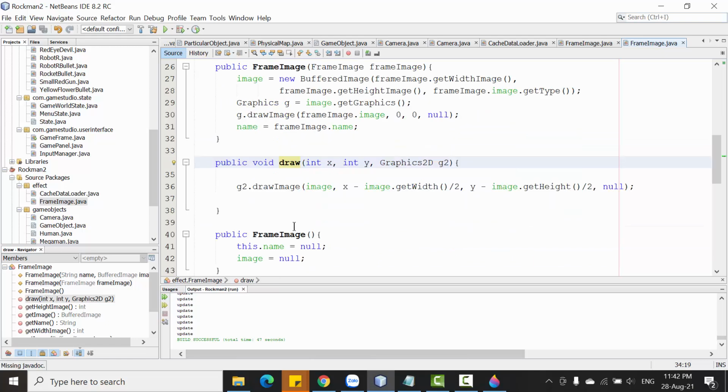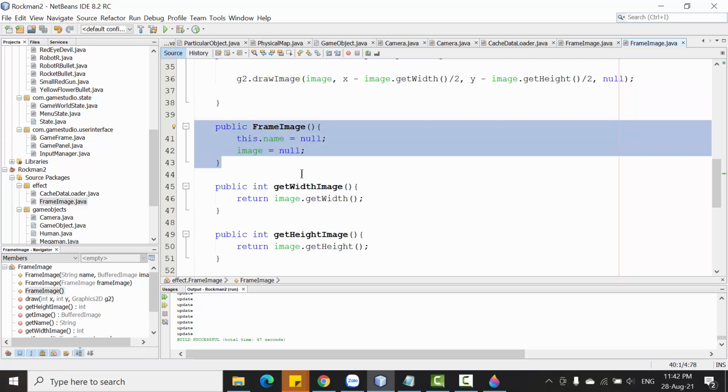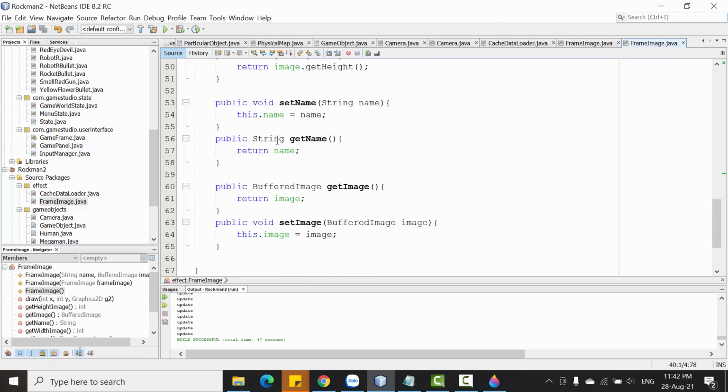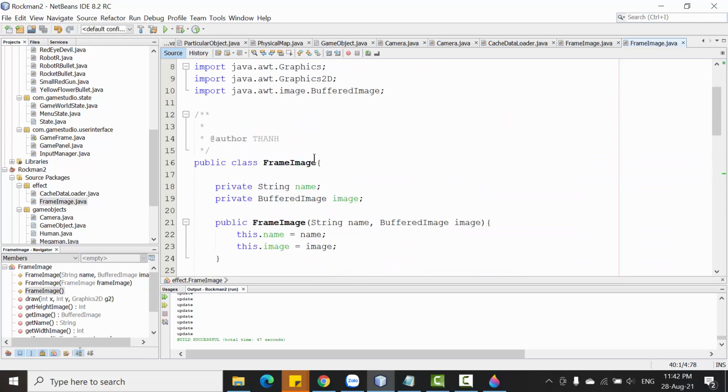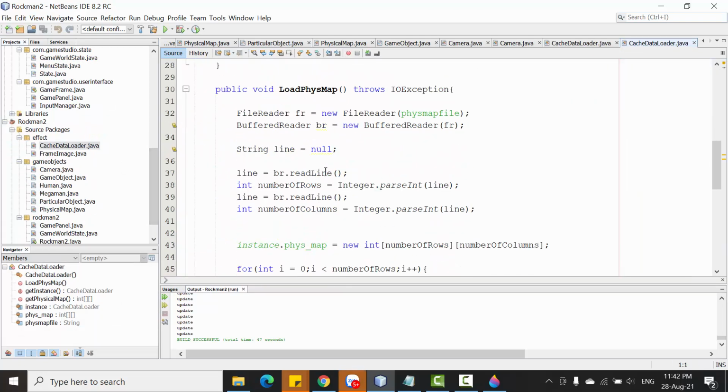Right, and the draw method here: draw the image, and the width and the height are also the image size here. And this is another constructor, don't care about this constructor, and all the rest is the getter and setter. Alright, so it's very easy, right? So now let's copy the code from the origin and go to our catch data loader